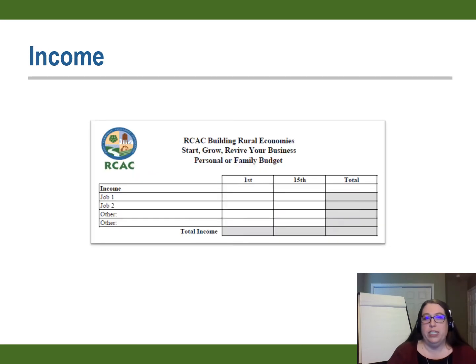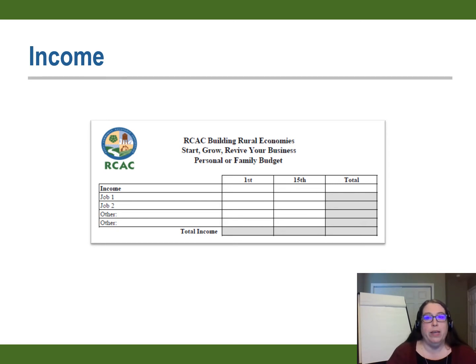There are two sections of the budget. First, we're going to focus on the top section, income. In this section, you'll want to list the different sources of money that come into your household each month, whether those are full-time or part-time jobs or other recurring and consistent sources of income. Since most employers pay their employees every 2 weeks, this budget form has been set up so you can enter 2 paychecks each month. But if this isn't how money comes into your household, don't worry.